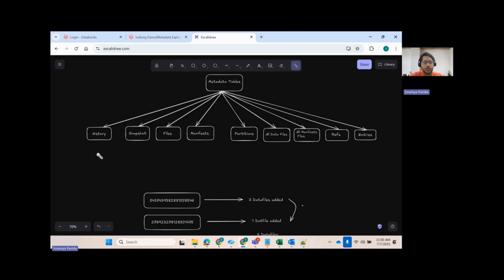Till our last video, we have discussed all these metadata tables, right? Now in this video, we are going to discuss these two metadata tables. I'm sorry, these two, right? I'm going to miss out this one because there's a certain reason behind it. I'll teach you a certain concept in my next video, and that's very important and very unique to Apache Iceberg itself. All right. So in this video, we'll discuss this one and this one, these two metadata tables, and